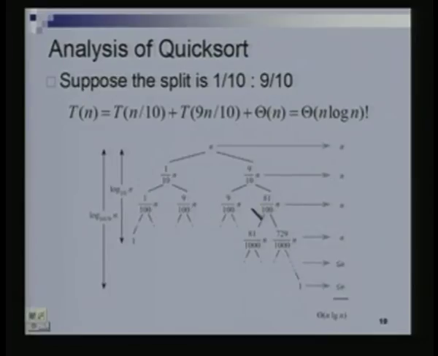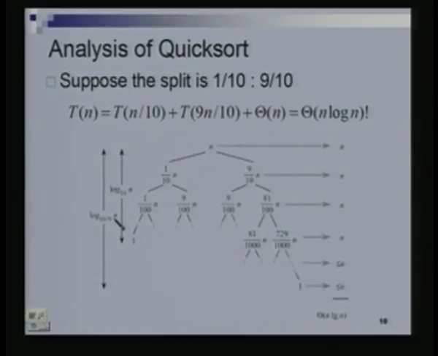Here, the largest one's 9/10 fraction will be the largest at this step, which will be this, and so on. So the largest number at every level is decreasing by a factor of 9/10. How many times can it decrease before it gets down to 1? At most log n to the base 10/9, because it's decrementing by a factor of 9/10